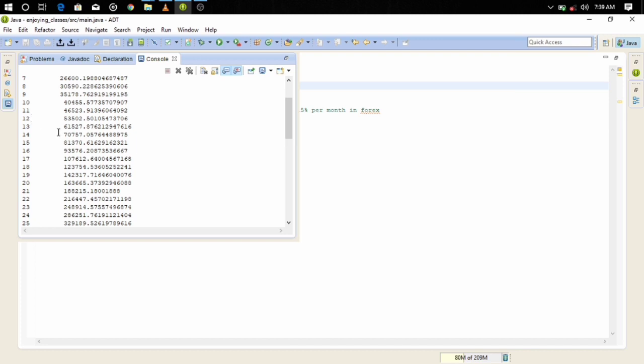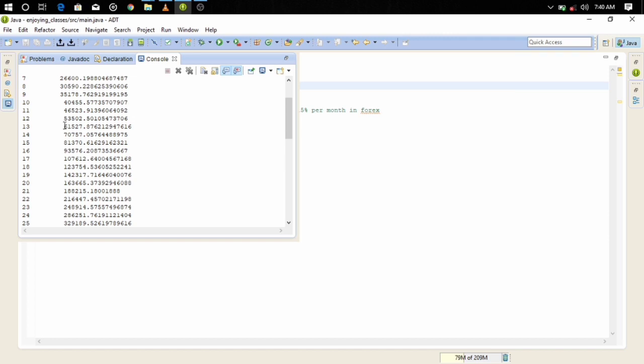It's real. It's a program, and it's telling me how much I'm going to make if I invest 10,000 naira as a principal, and then I'm making 15% over a month in forex. That's a return on investment of 15% per month, right? And I don't take that money out. I keep investing, that amount becomes my new principal, and then I invest again and I get another 15% the next month, right?